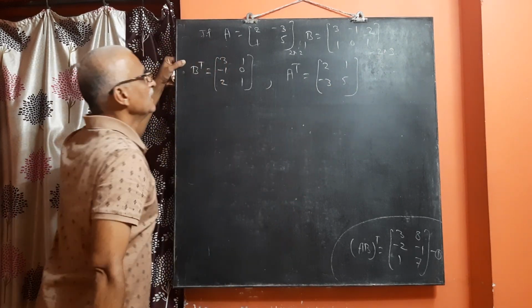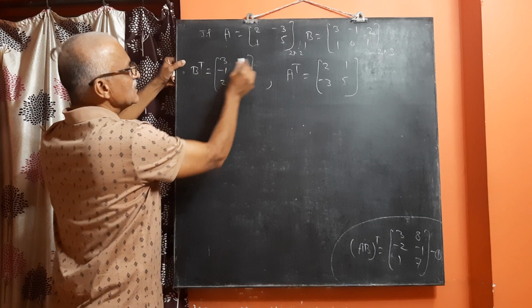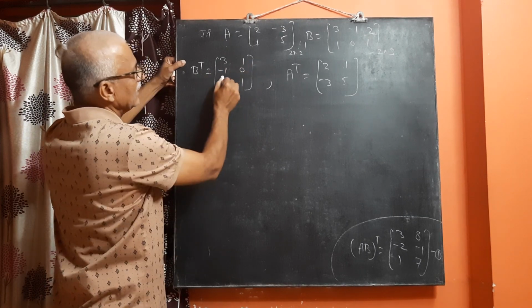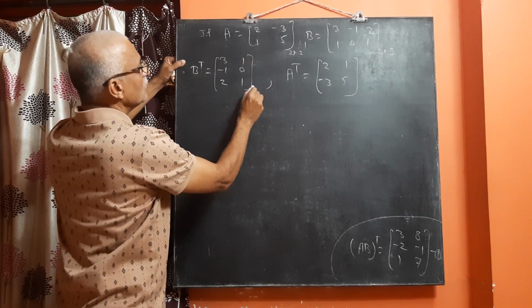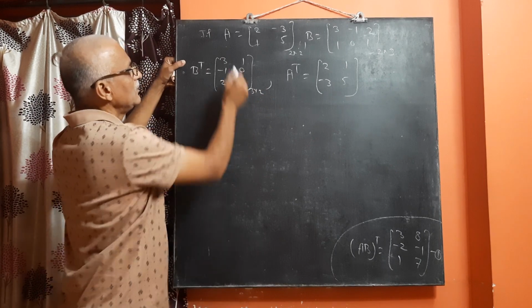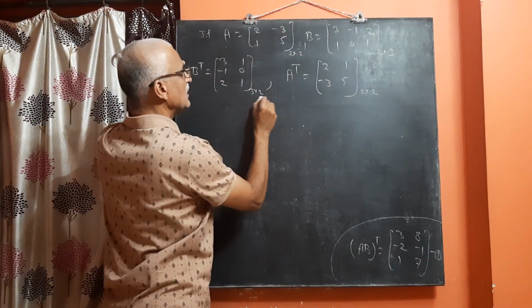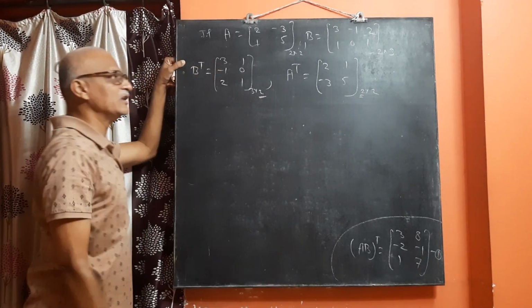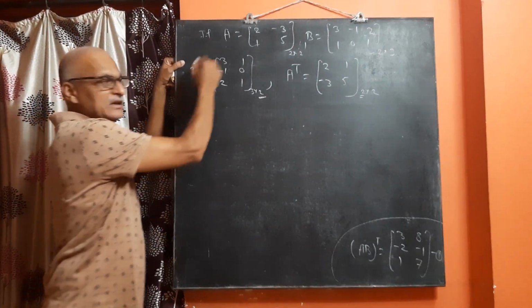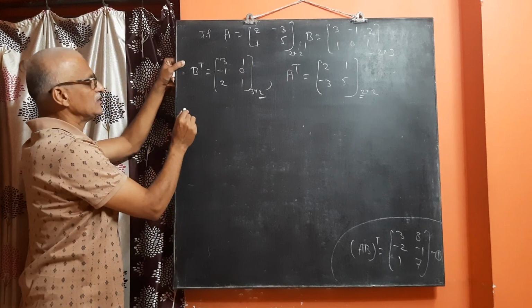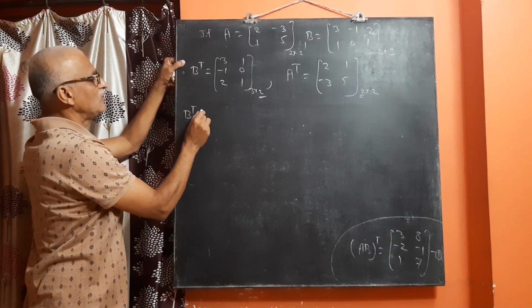Now the order of this is, what is its order? 3 by 2, 3 rows and 2 columns. This is 2 by 2. So this 2 is equal to this 2. That means we can find out transpose of B into transpose of A. So let us find out transpose B into transpose A